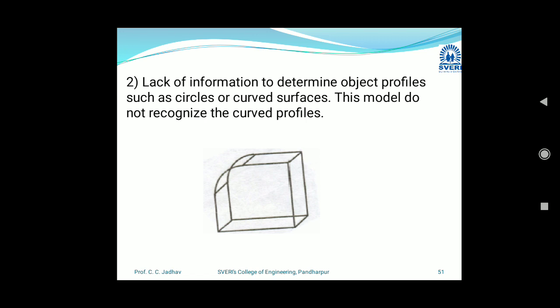It is a limitation to give that information. So it will be a difficult task to recognize the curve profile in the wireframe model, because there are only lines and curves.